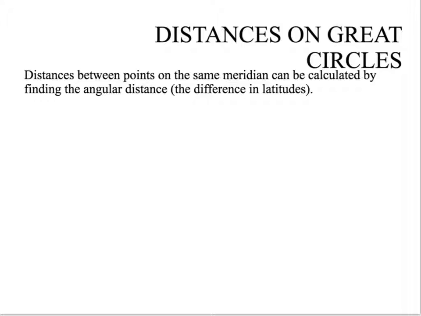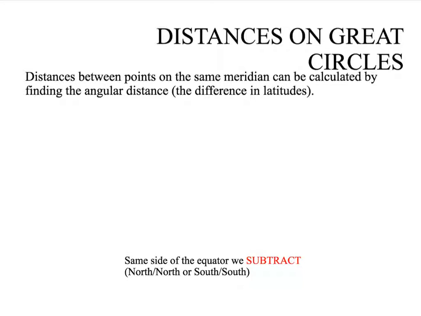Okay, so now we look at actually calculating distances on the great circles. The distances between points on the same meridian, meaning that they're on the same great circle or line of longitude, we can do that by calculating the angular distance. And the angular distance is the difference in latitudes. Now there's a couple of little nifty rules to remember, which I suggest you write down. So basically, looking at the difference between latitudes,